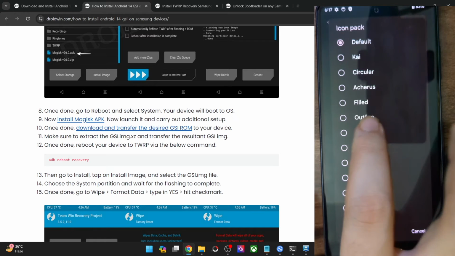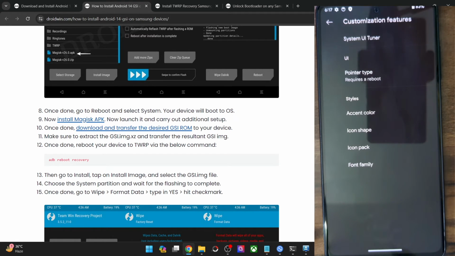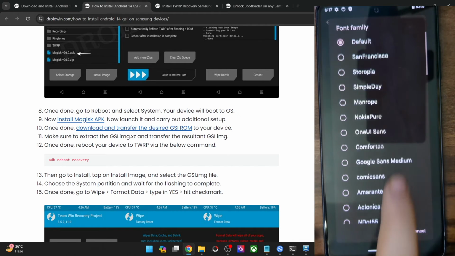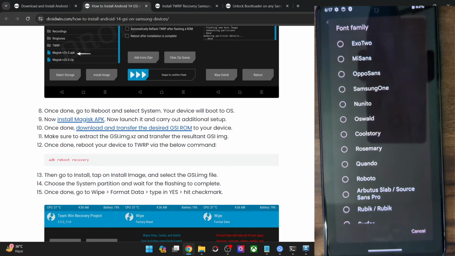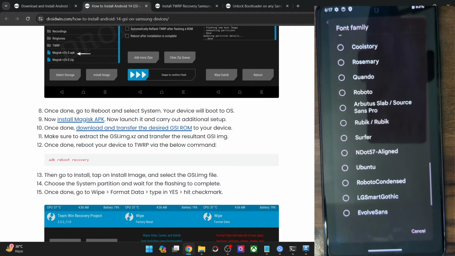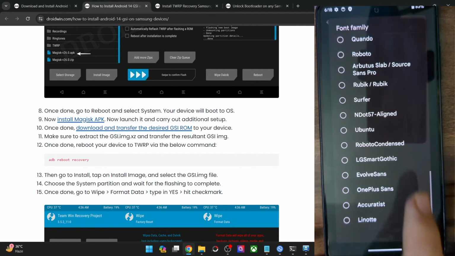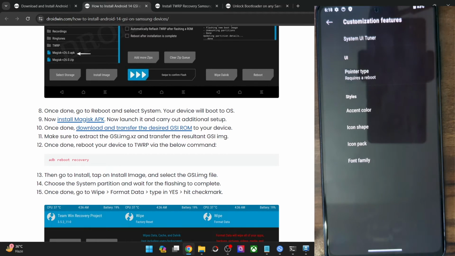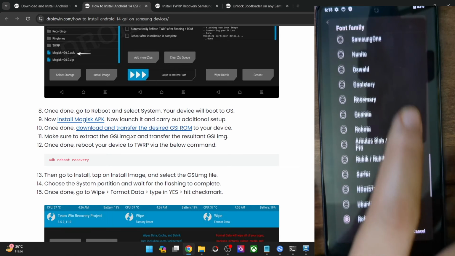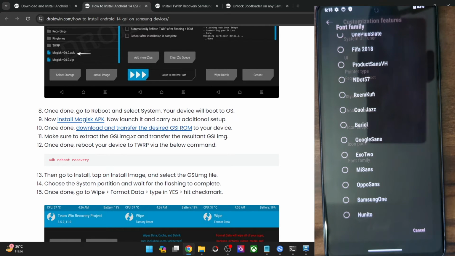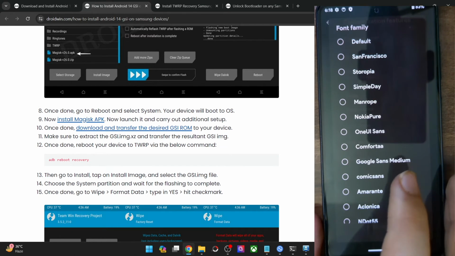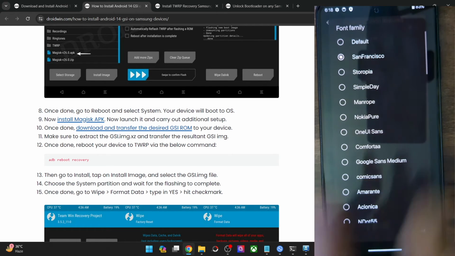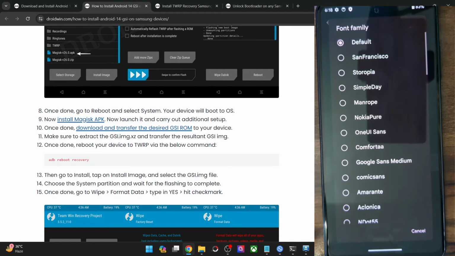Then we have the icon pack. Let's go with the Ocean OS, and the same will be visible in the status bar. Then this is the font family. There are quite a lot of font styles to choose from. These are the font styles for the PHH table settings. We are not talking about the Evolution X. Evolution X will have its own set of custom fonts as well, which we will have a look at. As of now, let's go with this font. So whatever font you choose will be implemented across the entire UI and UX of the OS. So as you could see, the changes are being implemented right now. Anyways, let me go back to the default font style. Just a minute. This is the default font style and the font family as well.